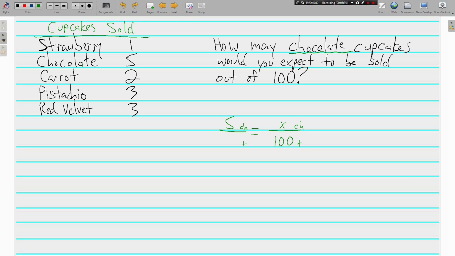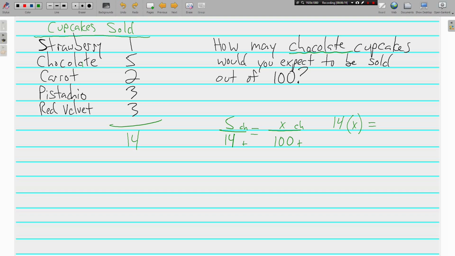So let's find out how many cupcakes have been sold already. We've got 1 plus 5 plus 2 plus 3 plus 3. We add all those together. 1 plus 5 is 6, plus 2 is 8, plus 3 is 11, plus 3 is 14. Is that right? 6 and 8 is 14. Okay, so back to the proportion. 5 out of the 14 sold were chocolate. So how many chocolate could we expect to be sold out of 100? Just using our proportions to predict,